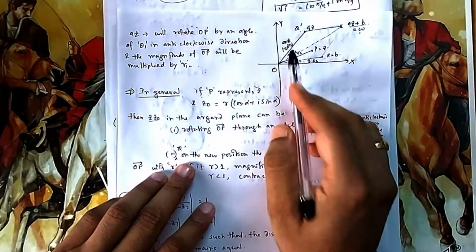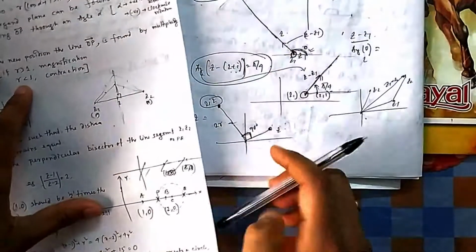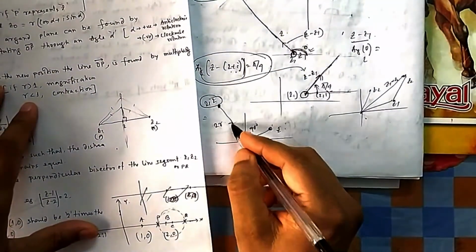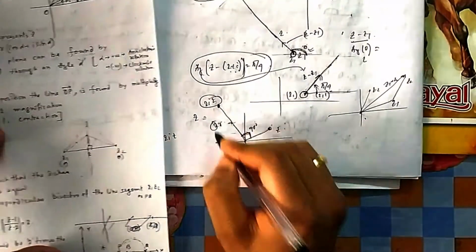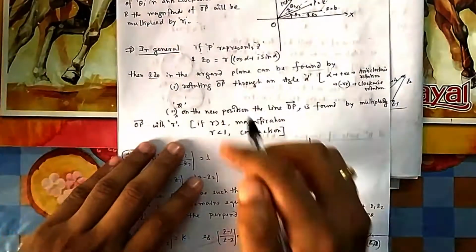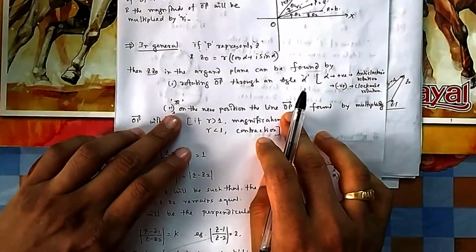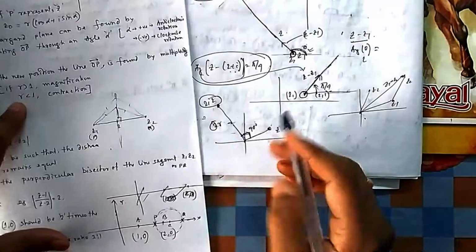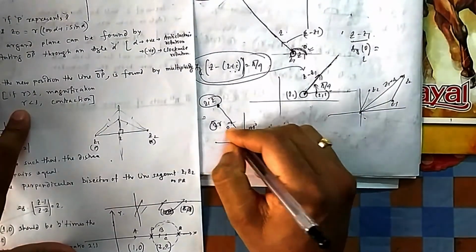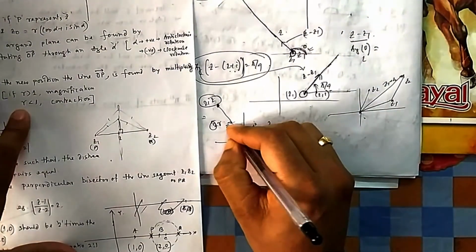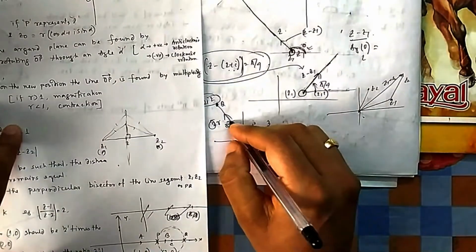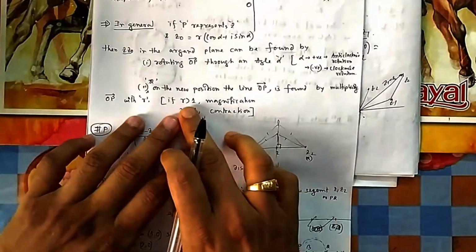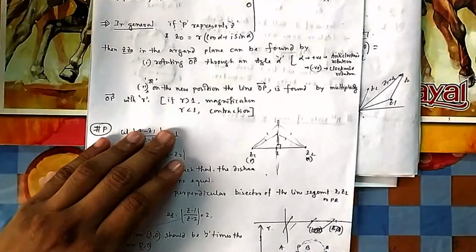On the new position you have arrived at, just like with your Z, first you multiply by 90 degrees, so you rotate. Then from the new position, you extend or shorten it depending on the magnitude of whatever you have multiplied, that is your r. So on the new position of line OP, suppose this is your OP, this was the original P, and now you have rotated it here. A new position Q will be found on this ray itself by multiplying OP with r. If r is greater than 1, it will be magnified. If it is less than 1, it is contraction.